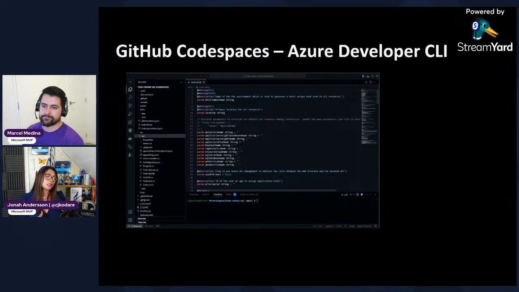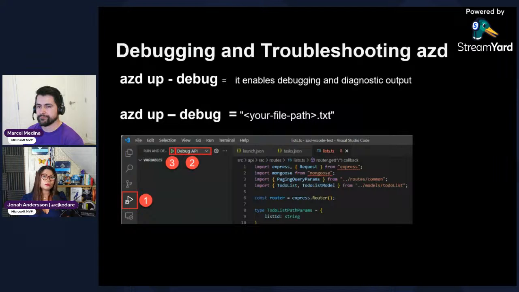if you don't prefer to work locally or don't prefer to work with any of the supported IDEs like VS Code or Visual Studio. And then when it comes to troubleshooting, which is very important in our day-to-day routine in development, debugging and troubleshooting are important. And how do you do that in Azure Developer CLI? So when you're